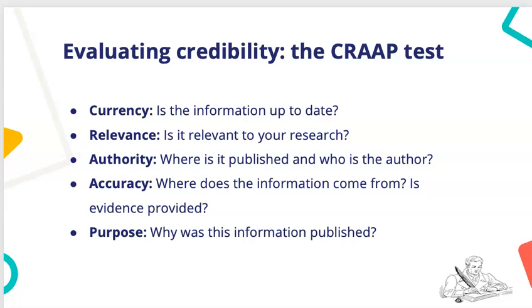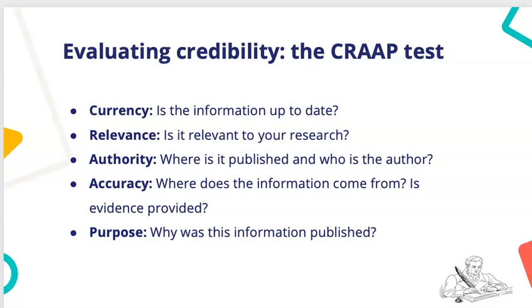Where does the information come from? Is evidence provided, and is it provided by a government agency or a private agency? Purpose. Why was the information published? There can be different purposes for different agencies. A government policy document will be different from a review done by some experts who might be biased for a particular statement. So authority, accuracy,